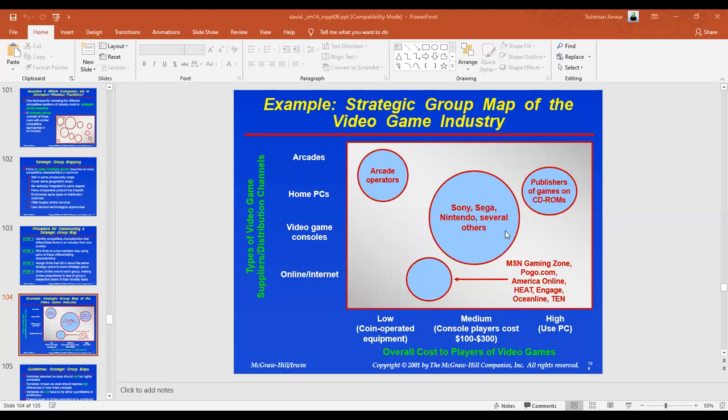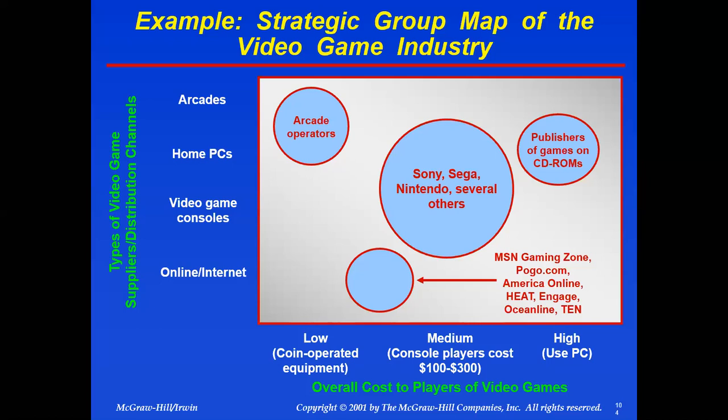All right. We were talking about the strategic group map of the video game industry. And I was telling you that we have to take two axis values. Those two axis values can be qualitative and quantitative. They are the values which can provide us the basis for differentiating different